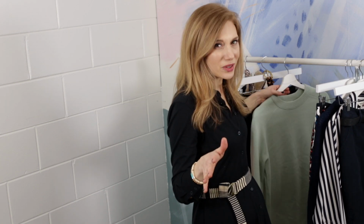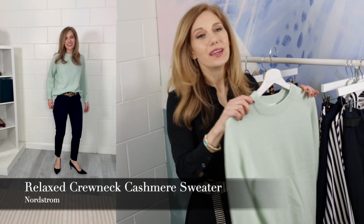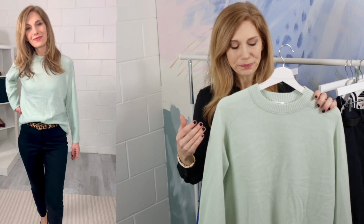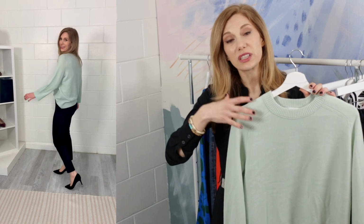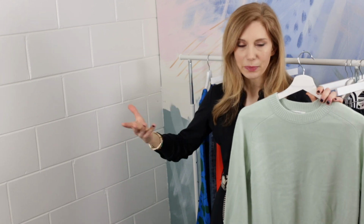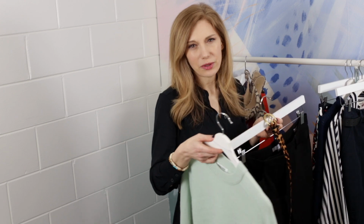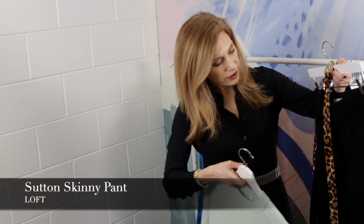Now, the next thing we're gonna do is not that far of a step from what I just pulled, but we're playing with color a little bit more on the top. I'm grabbing this gorgeous green cashmere sweater from Nordstrom, and it is definitely on the oversized silhouette. So if something in my outfit is really oversized on either the top or the bottom, then I like to do the opposite on either the top or the bottom. So what I'm doing is I'm grabbing a black, basically a cigarette pant from LOFT,